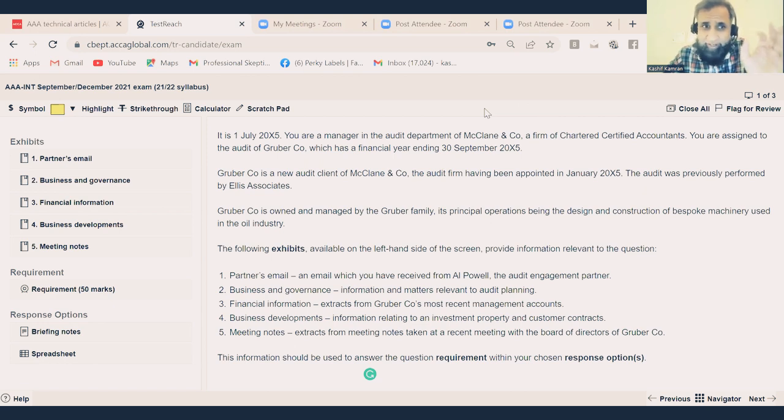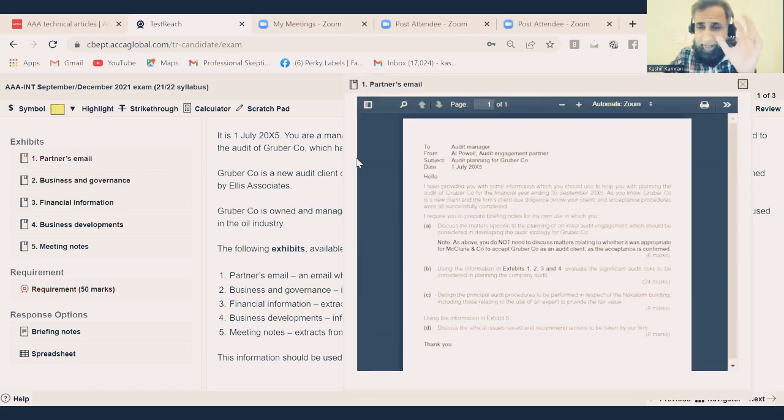On the left-hand side, the very first thing you will open is the partner email, because you know the partner email contains the requirements of the first question. You will not search for requirements in the requirement area, but in the partner email, because the A, B, C, D is in the partner email. So the very first thing you should do when you're looking at the first question is click on the partner email and it opens up. That's the most important thing.